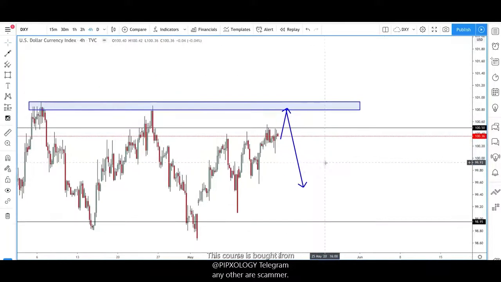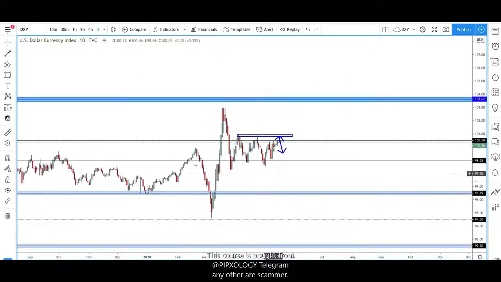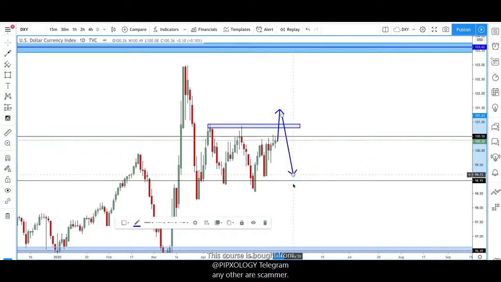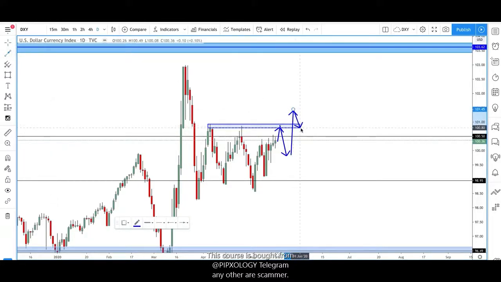So when I'm saying that I'm expecting US dollar weakness, as I said, I've been calling to come up above these highs and then come down. But the market over the coming weeks isn't just going to go, all right, US dollar strength and then weakness. It's going to go a bit of strength, bit of weakness, more strength, more weakness. So as it trends, you can have a bit of strength at the start of the week or next week, then some weakness, then some strength, then a bit of weakness, for instance. Well, let's keep it simple. So you can see it continues trending, finishes this trend, and then we have the sell-off.